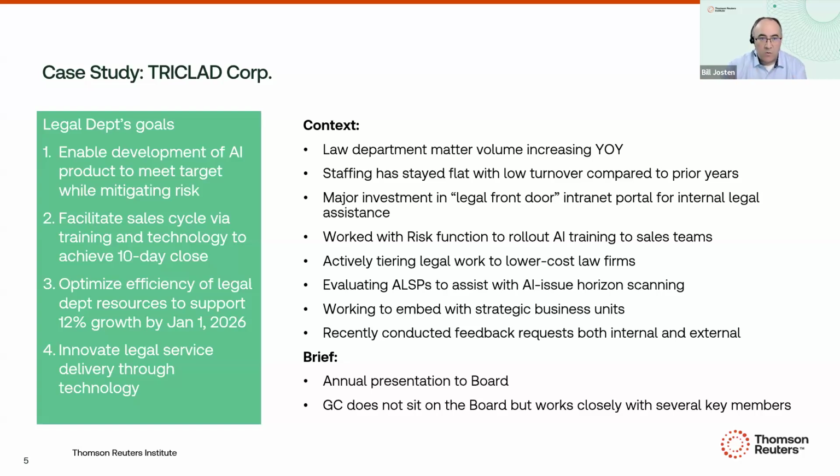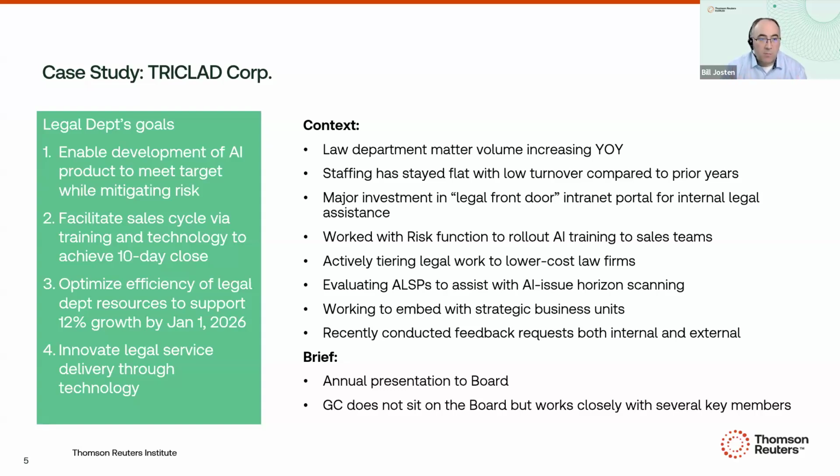We can do this through the framework of the 4 plates that we talked about before, and that's just our little internal reference form. We call them our 4 spinning plates. It's the 4 areas of responsibility that GCs have to keep spinning at all times. We can use that as a framework for how we monitor, but in terms of how we report and the goals that we're working towards that we're going to be reporting results on, we want those to be in alignment with the broader business. So we're talking about how does our department enable the development of that AI product to meet the target delivery date while also mitigating risk exposure.